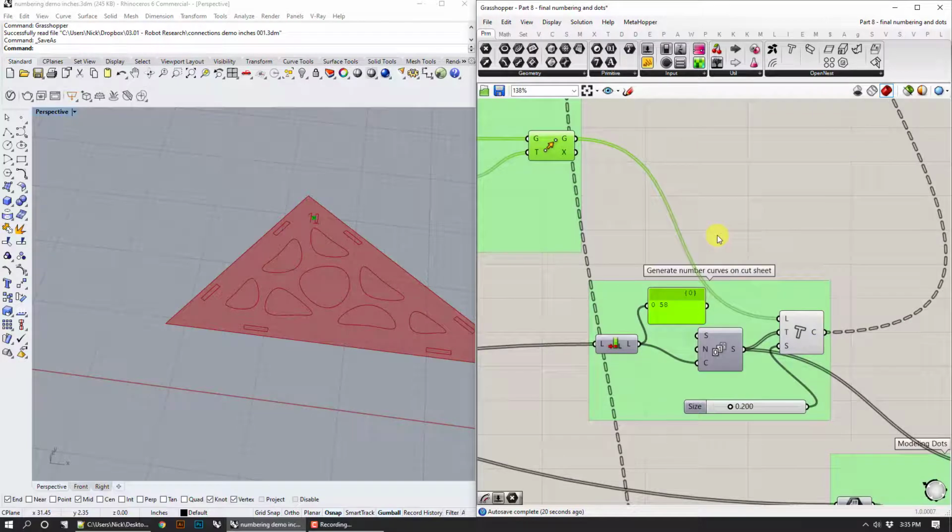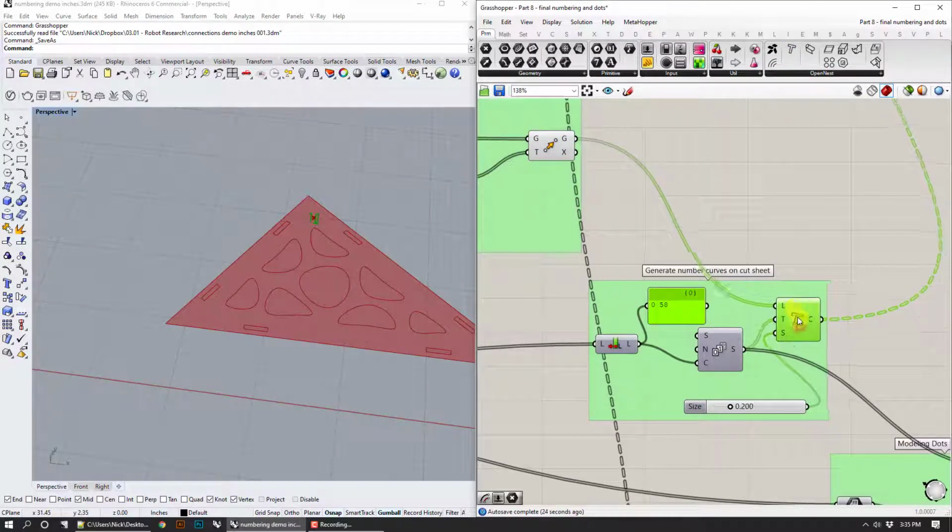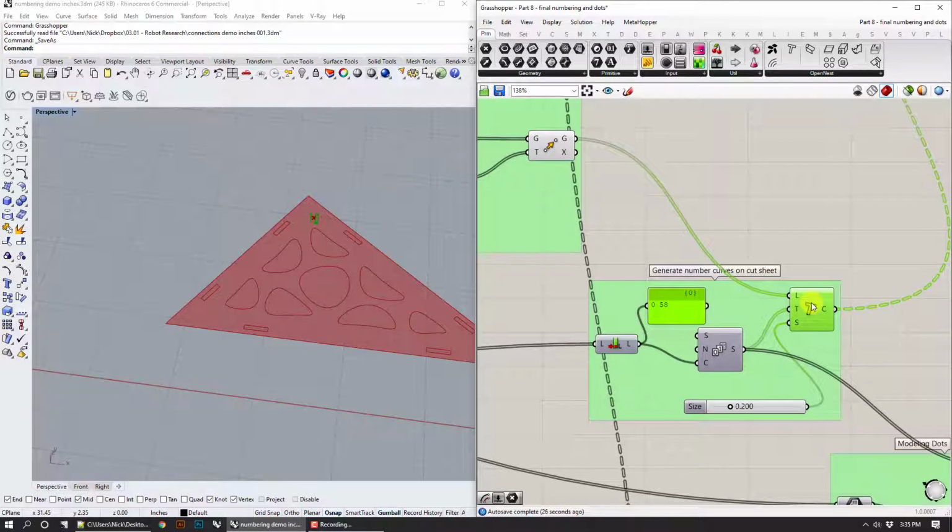And then in order to position the text, you're going to put the OpenNest text component out there, and for the location, we're going to take that point. So that's pretty easy. And then to actually get the numbering,